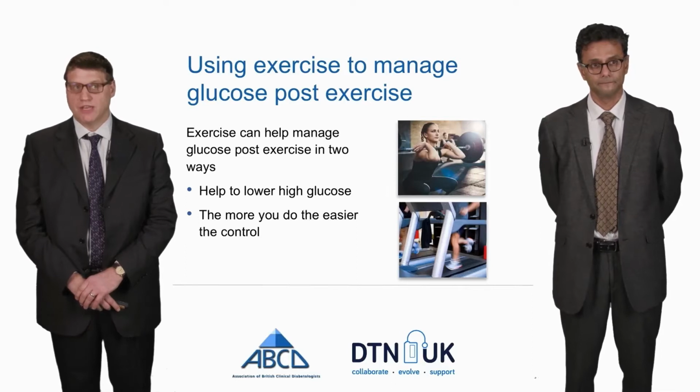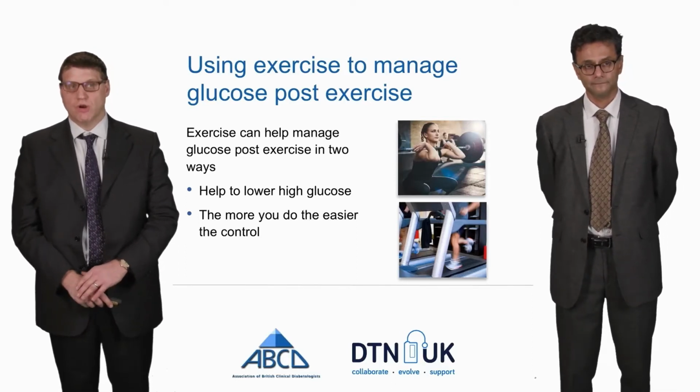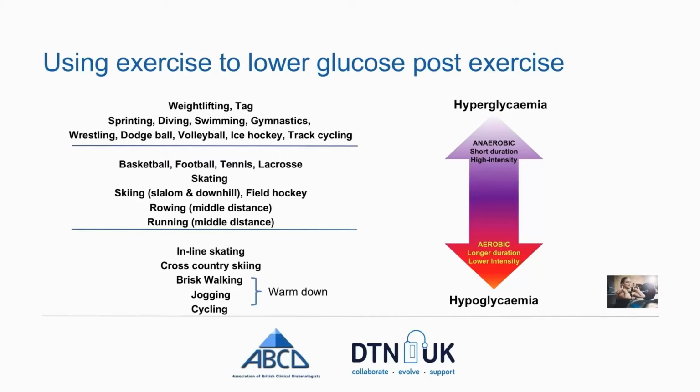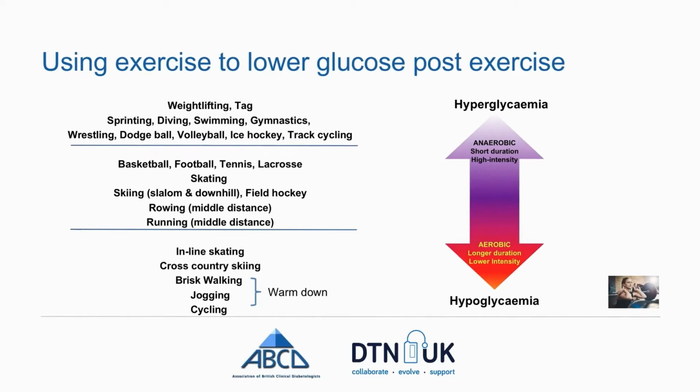Rather than correcting with insulin, what you could do is do one of these exercises that's shown on this diagram that tend to lower glucose, such as a brisk walk or jogging. And what that would do would be bring down the actual glucose level and would mean that you don't have to take the extra insulin and be at risk of low blood sugar. And roughly, you need to do about 10 minutes of exercise to move your glucose by about 2.